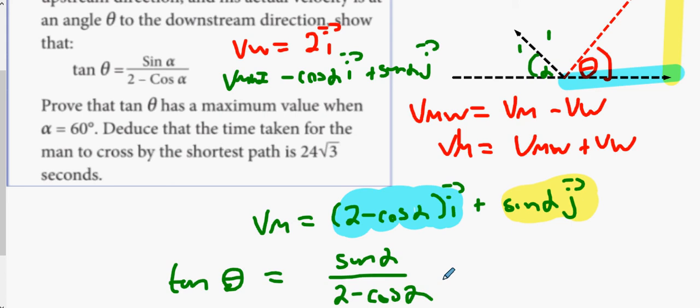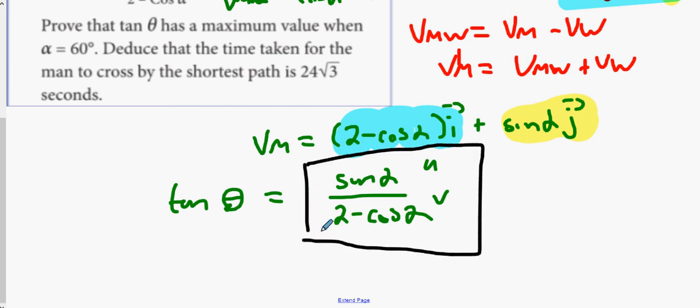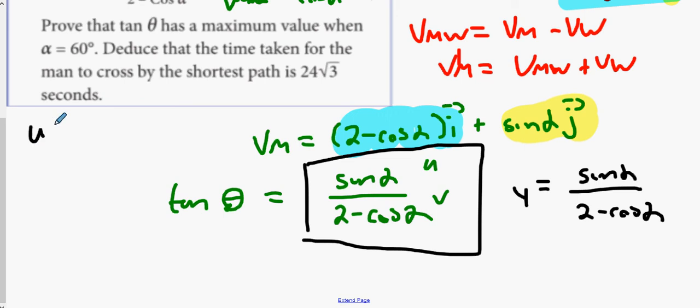Now, to prove it's a maximum, what do we need to do here? What did we do the last day? We differentiated, didn't we? Using already existing techniques we already know. Do I have to differentiate the left? No. I just need to find out for what value this here is a maximum. You can even call it y if you want. You can just say temporarily I'll call it y. And what I want to figure out is what is its maximum. Okay? So if u equals sin alpha, what's